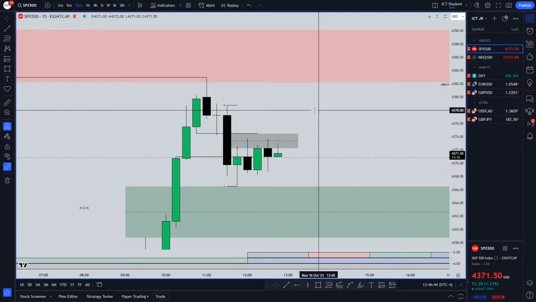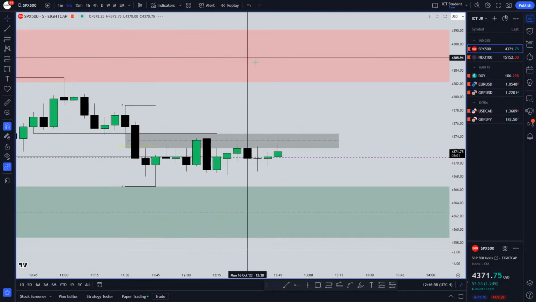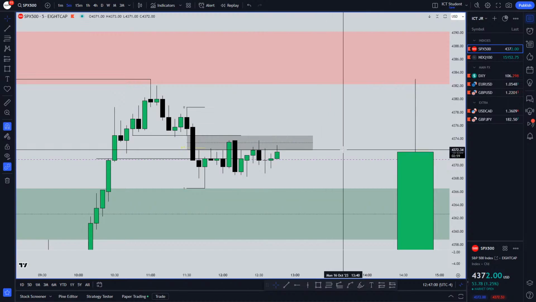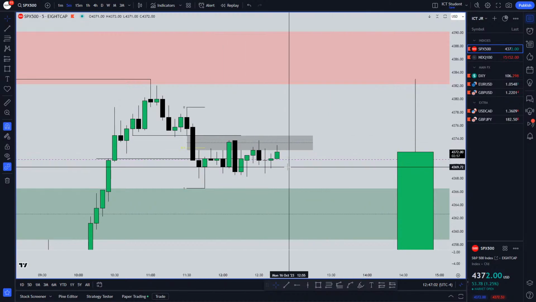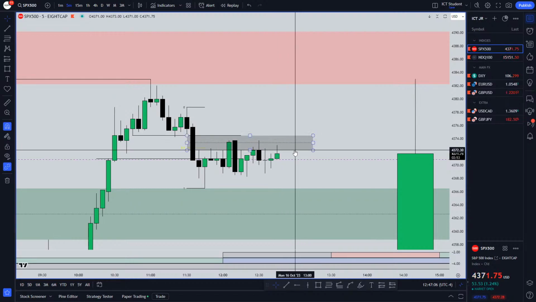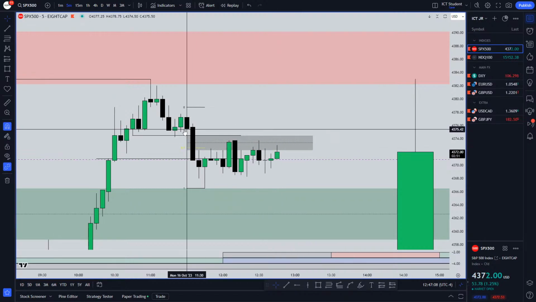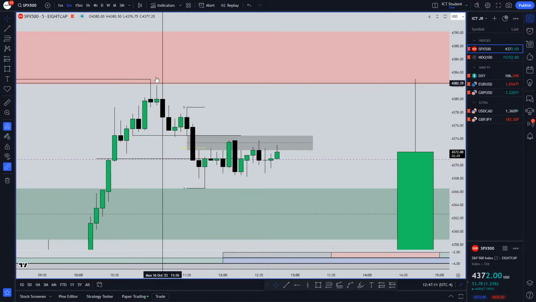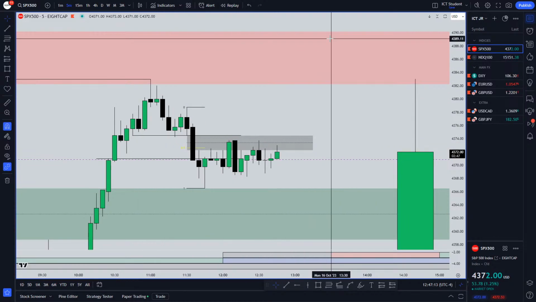You can just see here during this lunch session, we are unable to identify where the market really wants to go just by how the range bound is defined here. But we are respecting the premium from this dealing range right here on the 5-minute. Every time we come up into a premium, we drop. So if we close above this 5-minute sell side balance here, that shows to me we want all these buy side and this sell side balance to be targeted.